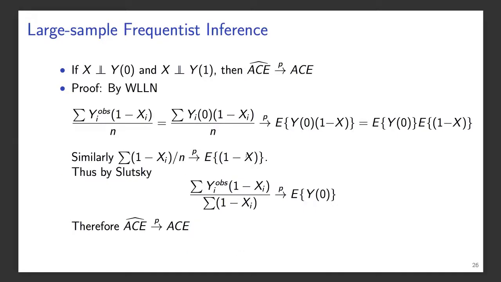So under the ignorability assumption, it's easy to show that Neyman's estimator is a consistent estimator for the average causal effect. So I won't bother going through the proof here. It's just simple graduate level 101 stat theory. But the point is that if you do a randomized experiment from a large sample frequentist perspective, Neyman's estimator is consistent. So again, we come back to this same sort of result, which says that in a randomized experiment, association is causation.